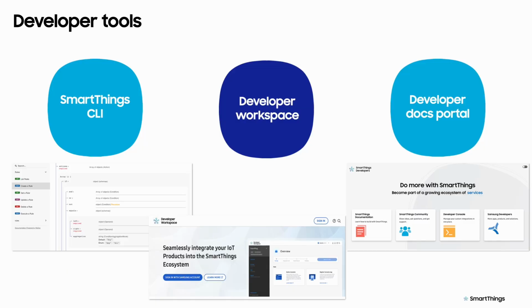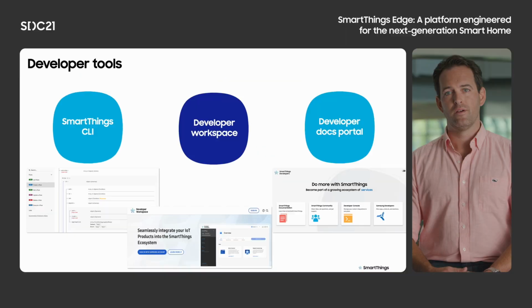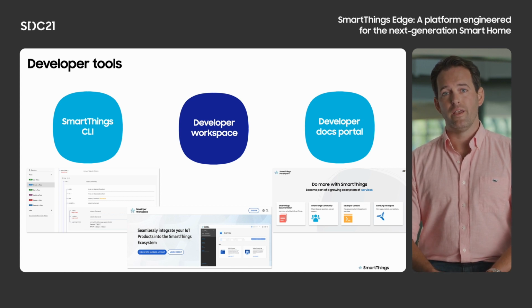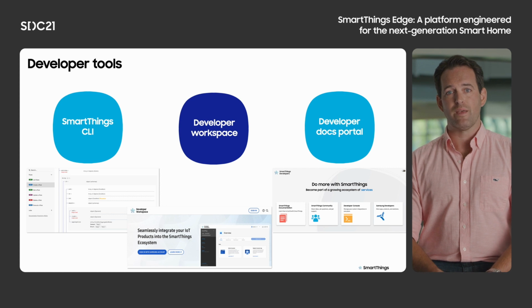To help facilitate this, we've added a number of additional tools this year focused directly on our developer community. The SmartThings CLI provides a streamlined, efficient UI for developers, enabling them to create and edit devices, capabilities, locations, apps, drivers, and more. It also provides an efficient way for SmartThings to quickly give our developer-focused functionality to the developer community without the time and complication of developing a fully featured web or app UI. This allows developers to bring new devices and integrations to our platform faster and for end users to benefit from